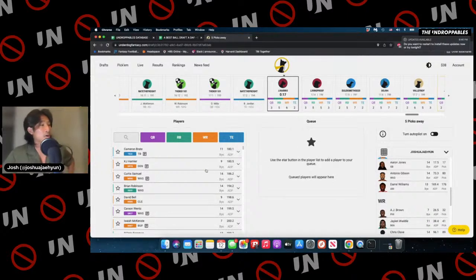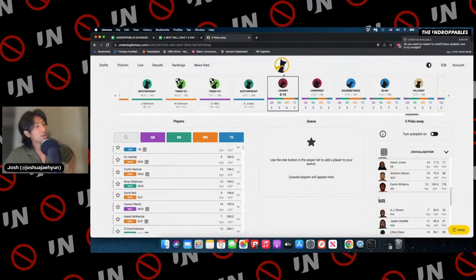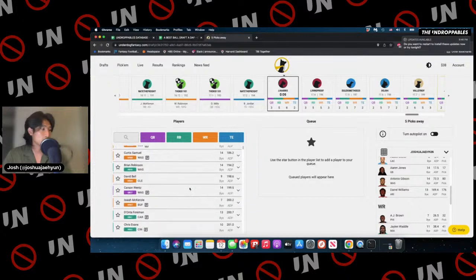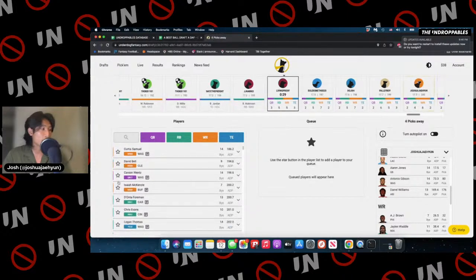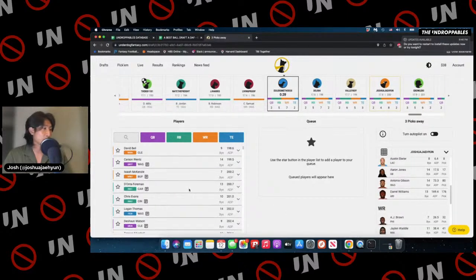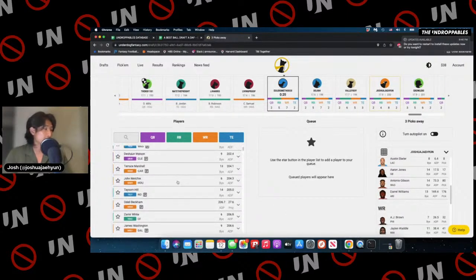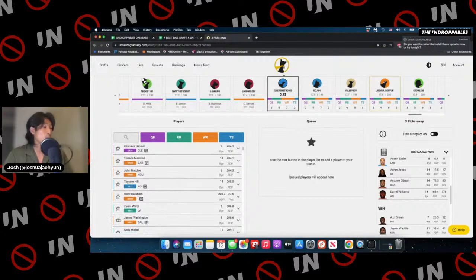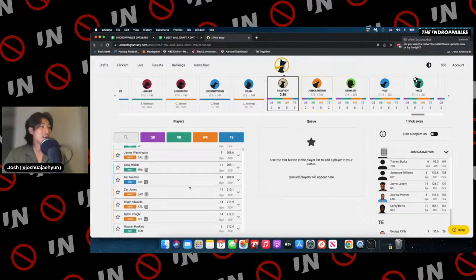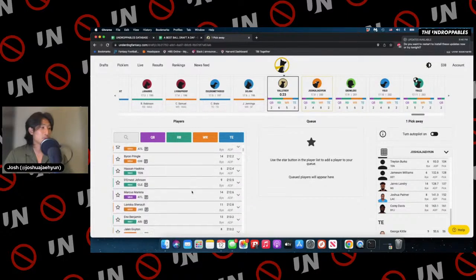I don't want any part of Washington other than Antonio Gibson. That pass attack is a real shot in the dark. I've been hearing good things in camp about Isaiah McKenzie. Maybe he could have a spike week or two. Who else is down here? Terrace Marshall. Ooh, John Mechie. Oh, okay. We got James Washington down here. Maybe he emerges. I don't know. Because Michael Gallup, I've been hearing reports he might not even play this season. He's definitely starting the year on the PUP. I don't know how much he's